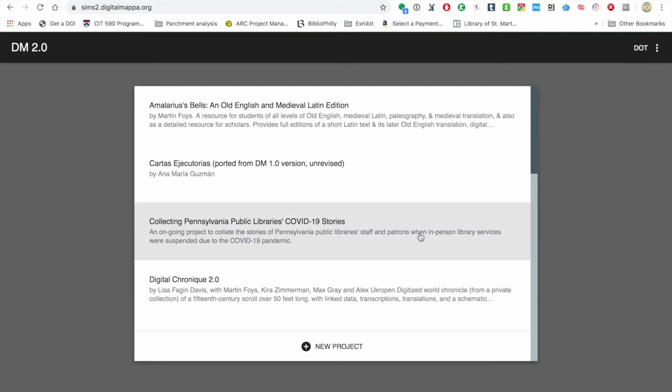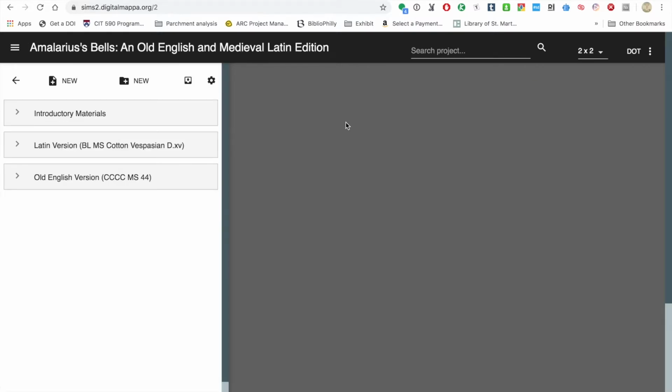So first, let's have a look at a couple of different projects that are here, so you can get a sense of the kinds of products that people are making with this. Here is a project of Martin's, an Old English and Medieval Latin edition. In this instance, he's used DM to build an edition of this dual Old English and Latin